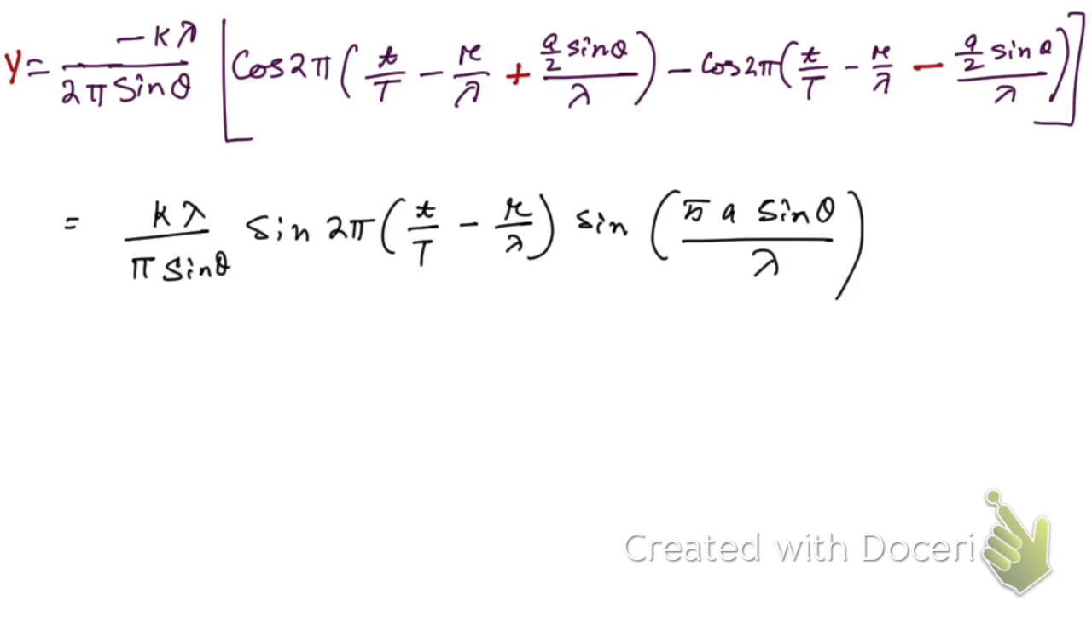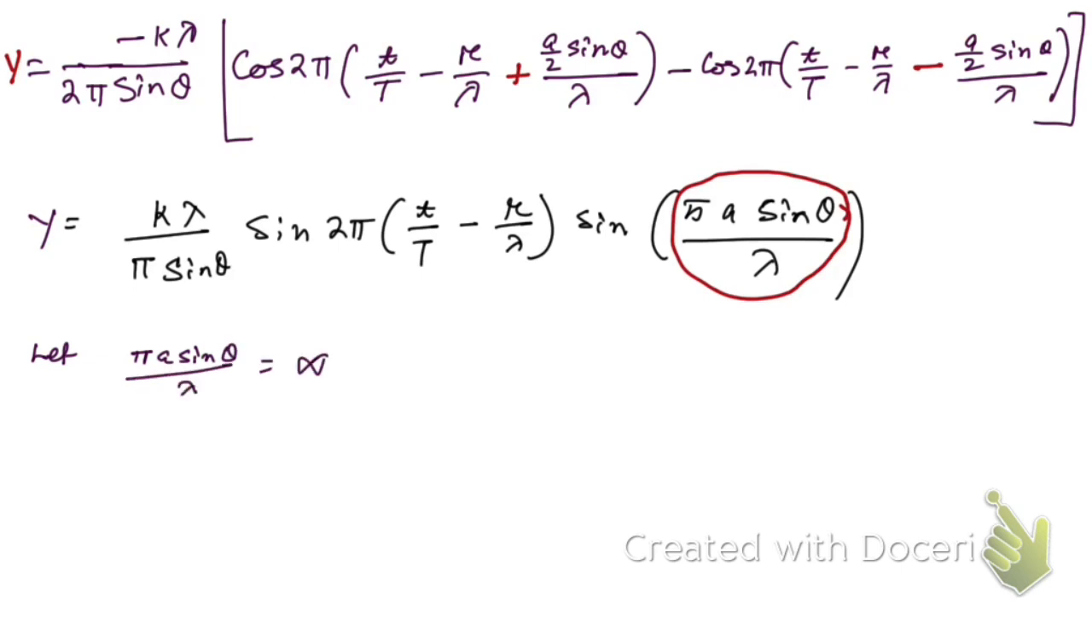So that's what we have got, right? Now let us consider that this part, let us consider this part is equal to, suppose, alpha. Let pi a sine theta by lambda be equal to, suppose, alpha, and then we can write this equation in this form. Therefore y is equal to